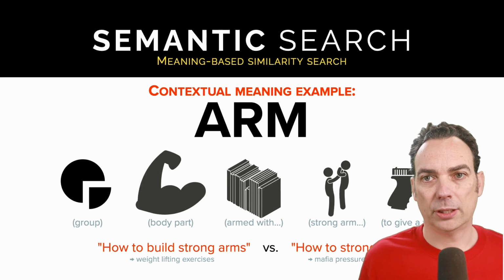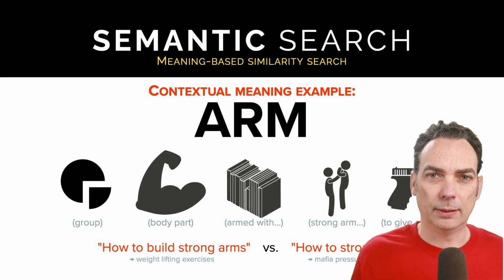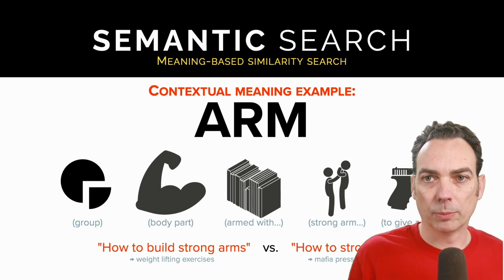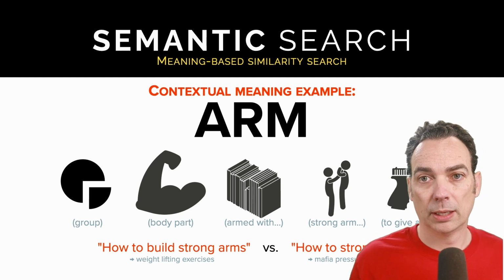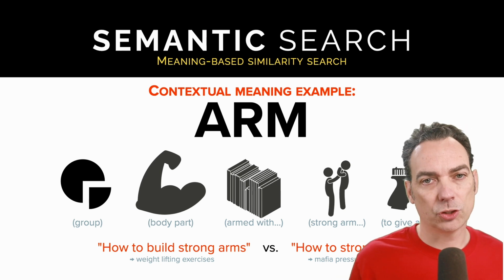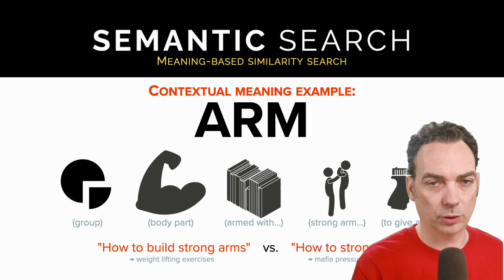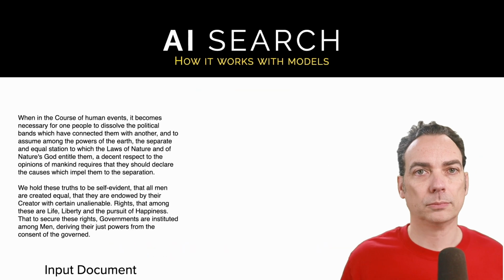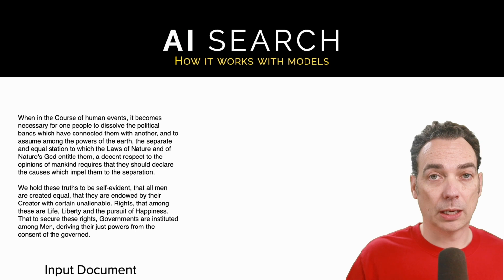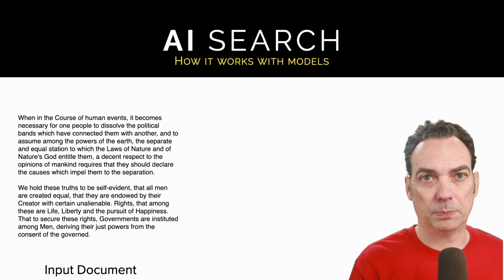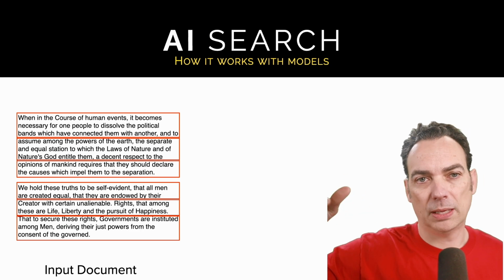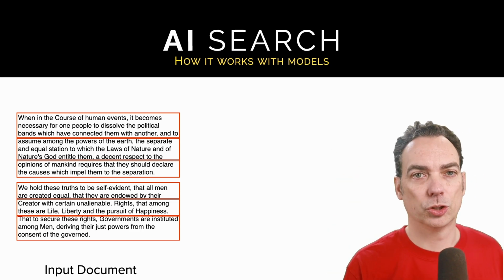And that means differentiating between terms that could have many meanings, like the arm of an organization versus being armed with knowledge versus being armed with a gun, right? All these things are very different. They all use the same word. You need to have a search that can understand the context of natural language, not just keywords. And then what happens is you take inputs. They could be images or any number of things, but let's say text documents being the main thing, and you chunk them up into pieces, maybe overlapping, maybe either by sentence or by some number of words or tokens.